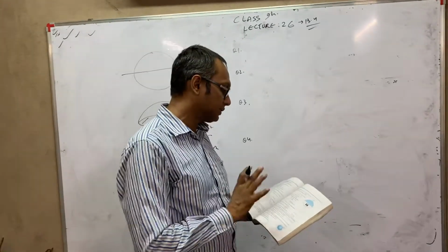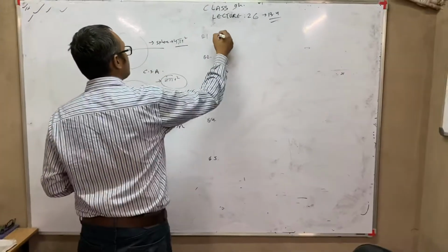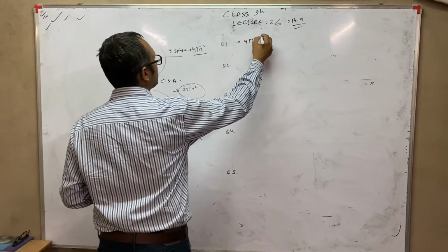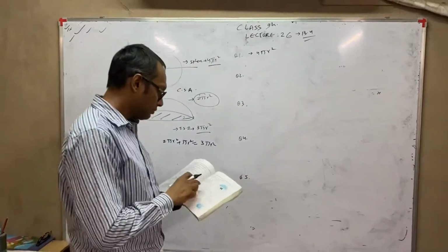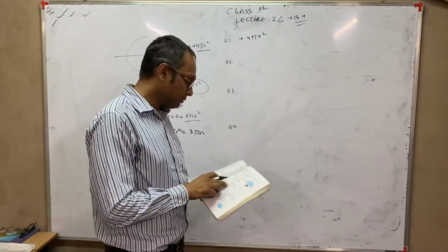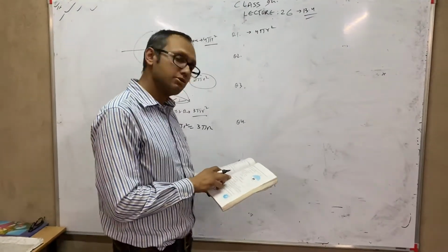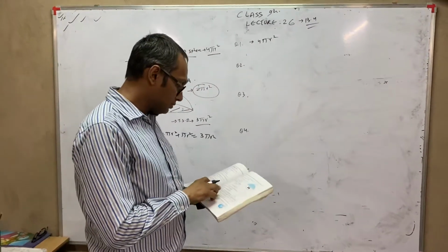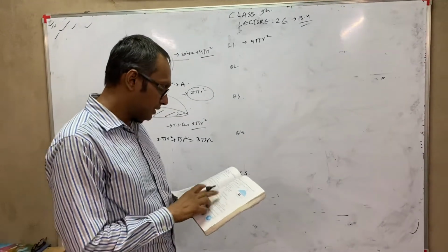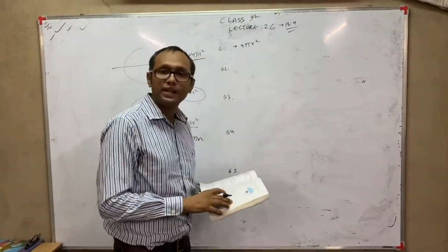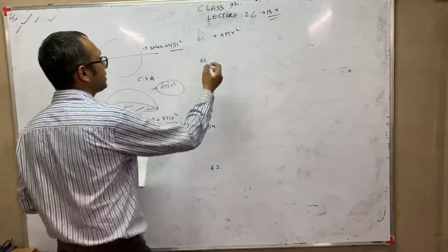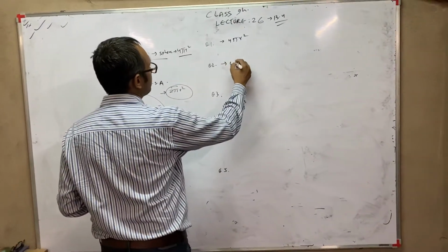Anyway, now the first question is, find the surface area of a sphere, and the formula is written and everything is there. So simply you will use the formula 4 pi r square. Here again, as you notice, pi is given as 22/7, so use the value which he says. Question number 2, find the surface area of a sphere of diameter, and again the 3 diameters are given. Obviously you will convert them into radius and then use the same formula.